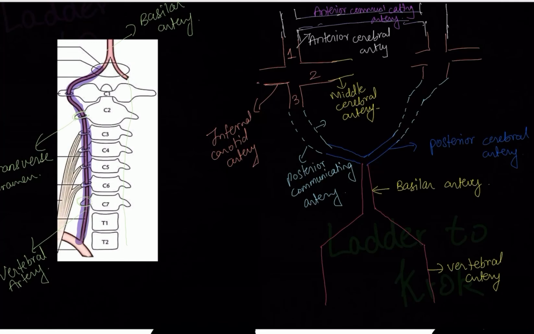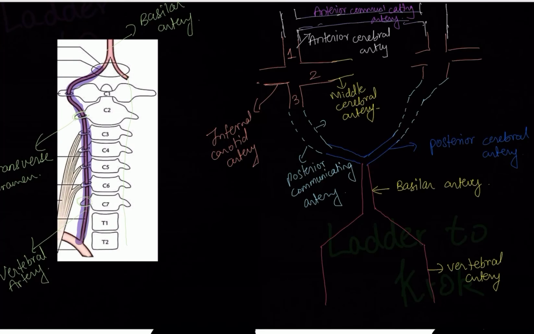So this is the circle of Willis. Two vertebral arteries merging to form a basilar artery, which will give a branch that is posterior cerebral artery. Now the internal carotid artery will come into your brain and give off 3 branches. On the anterior side, it will give an anterior cerebral artery. This anterior cerebral artery will further give a branch, anterior communicating artery. The internal carotid artery itself will give a branch in the middle, which is middle cerebral artery, and on the posterior side, it will give a branch, which is known as posterior communicating artery. These all arteries merge together to form the circle of Willis.